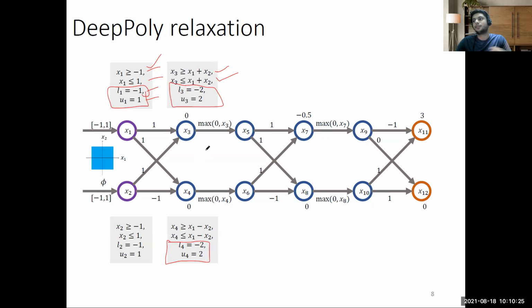And now the first question that may come to your mind is: if x3 is equal to x1 plus x2, why are we complicating things and introducing more constraints? Why can't we just say x3 is equal to x1 plus x2, and we'll be done with 3 constraints instead of 4? But once we get to the ReLU transformations, things will get more clear.